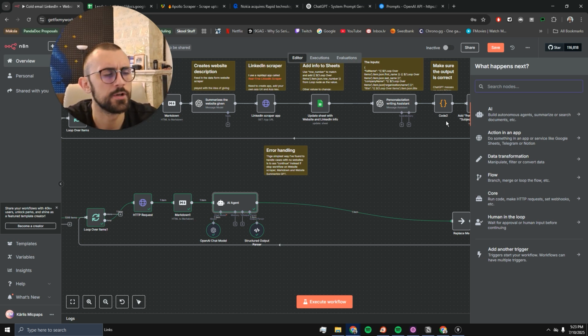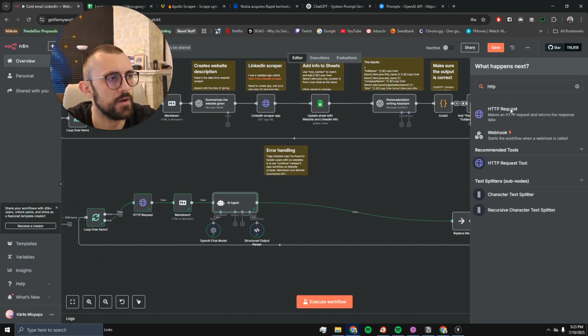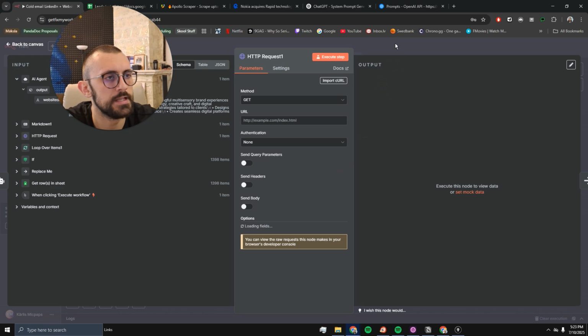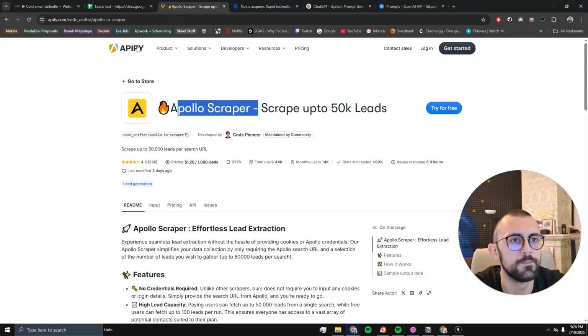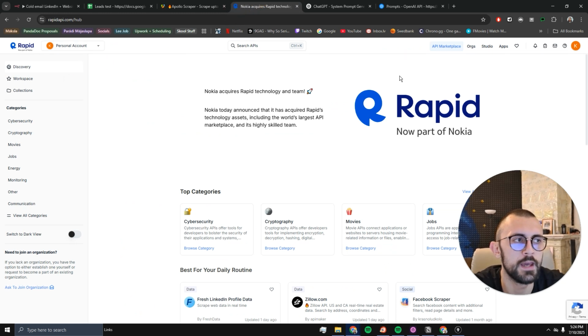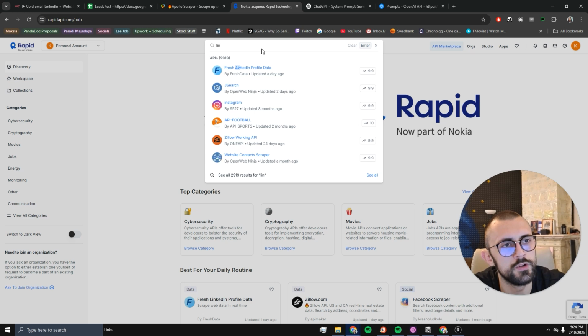Apify or similar to scrape our LinkedIn profiles. So here we're going to have another HTTP request. And now I'm going to explain how these API services work. So basically, both, I'm going to use RapidAPI for today, work in a similar way. You create your account, register. It's simple, really. You can log in through a Google account. I'm not going to make that from scratch, but you search for the bot you want to use, for example,